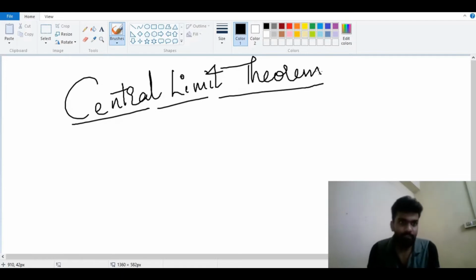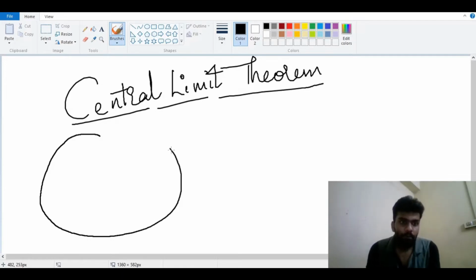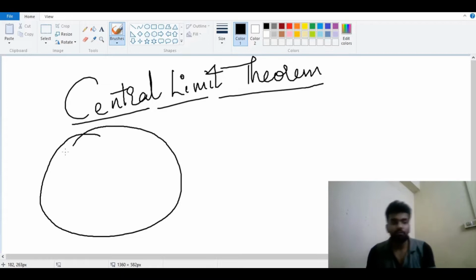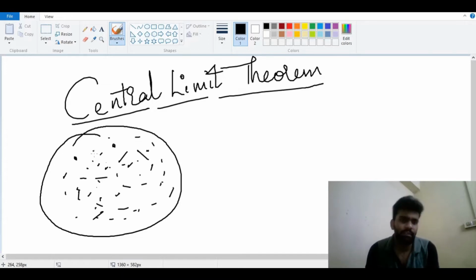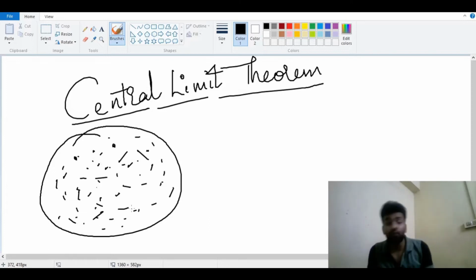So for example, let's take this as the population, right? Let's take these as the people in a village. Say you just want to find the average height of the people in this village. Let's take this example, and the central limit theorem states that